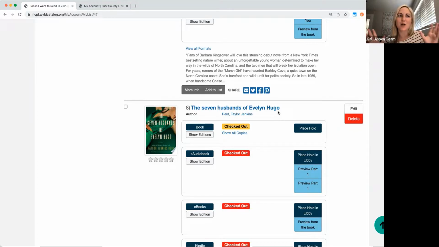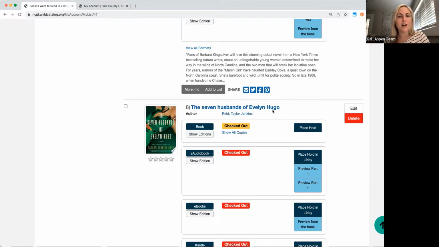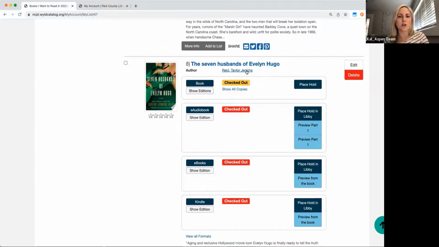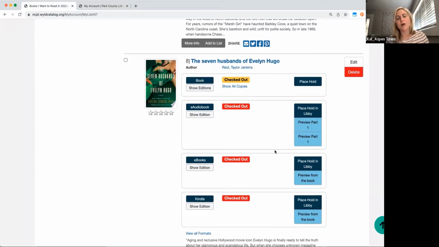So I'm assuming on the hardback New York Times list, it's accounting for looking for the record of the hardback. But also, no matter what in the list, it's going to show all of the formats that are available. So even though it's a paperback list or a hardback list, it's just going to show the title and any formats that they have access to. I'm sorry if that doesn't quite answer it.